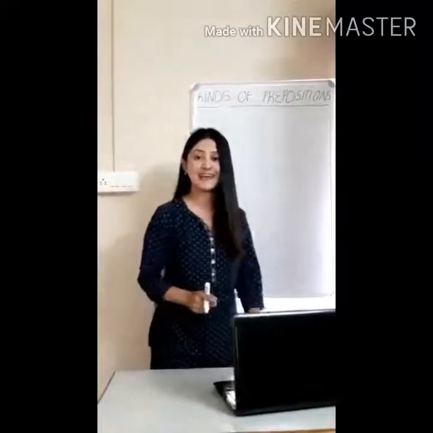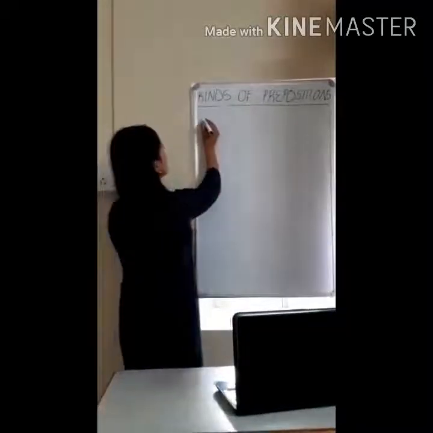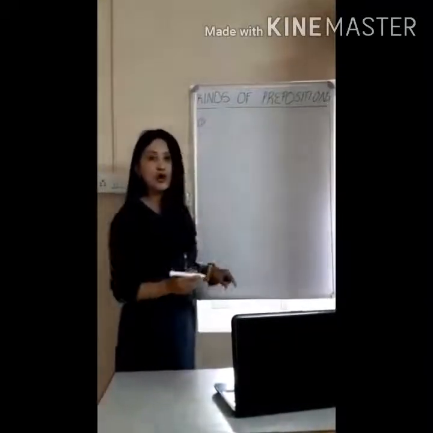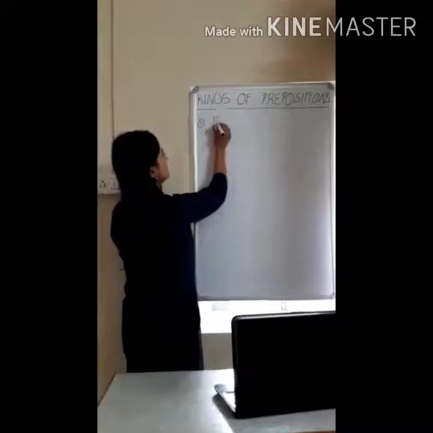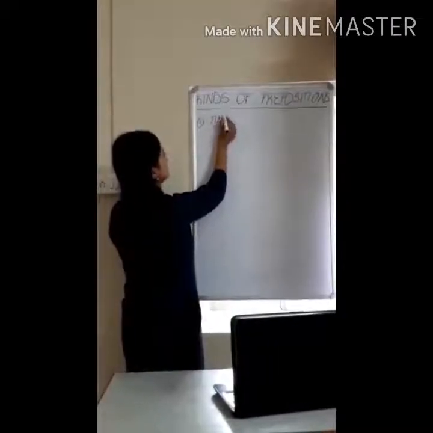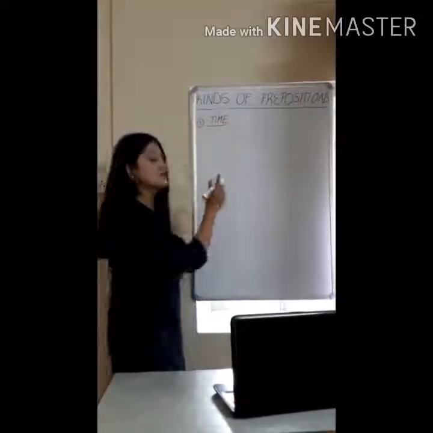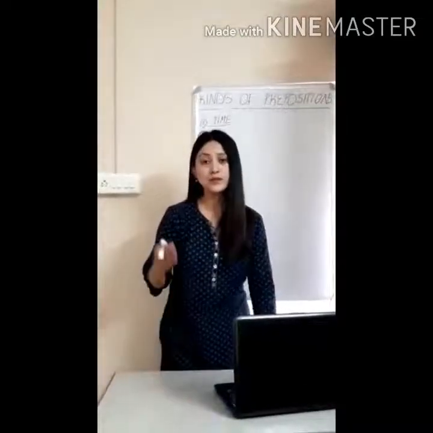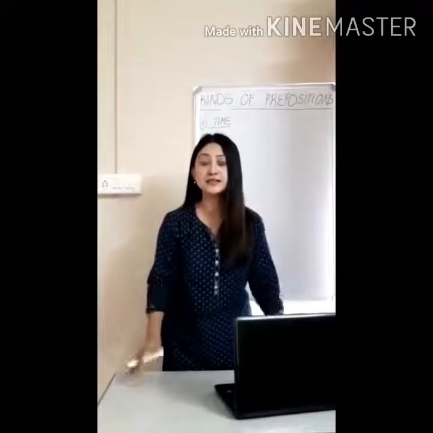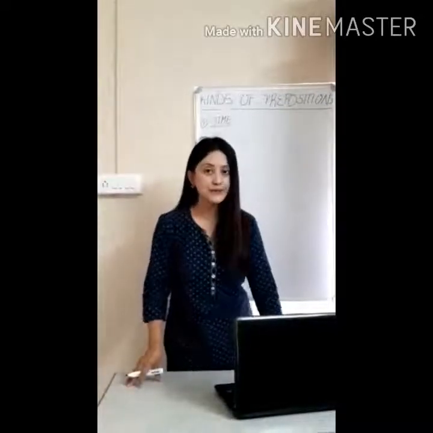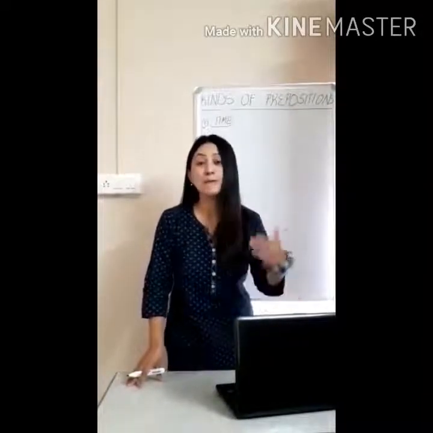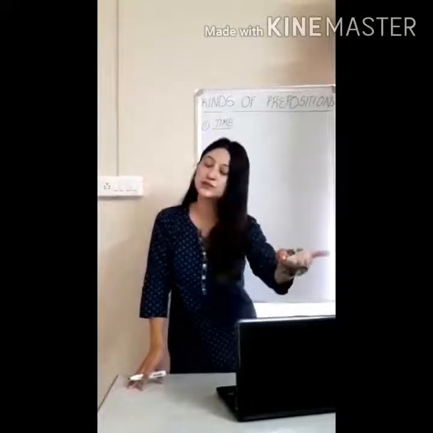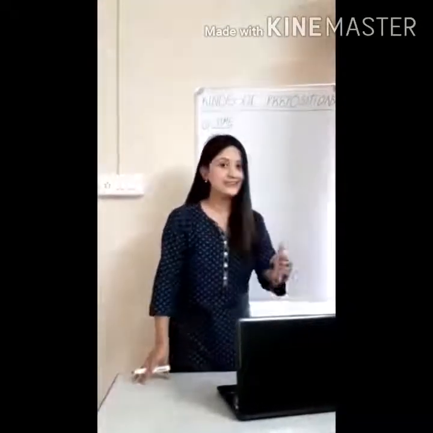So the first kind of preposition is preposition of time. It signifies a specific time, a particular time or a particular day, a month or a date, or any particular specific time in future. For example,